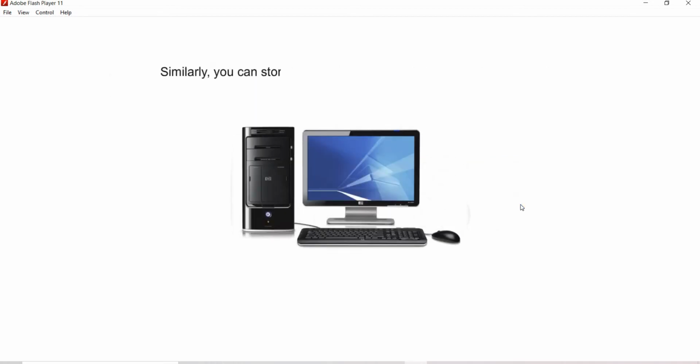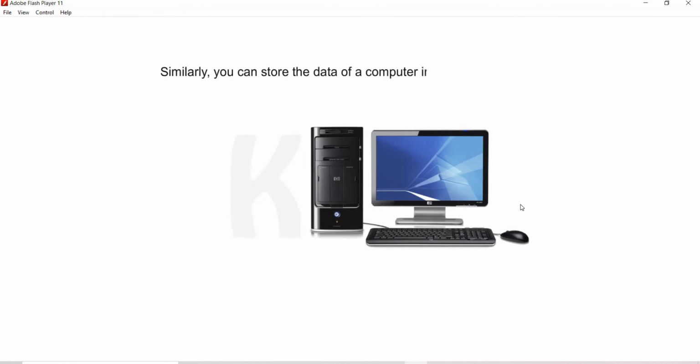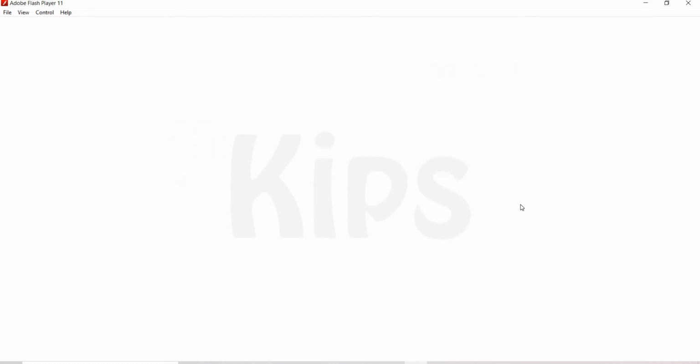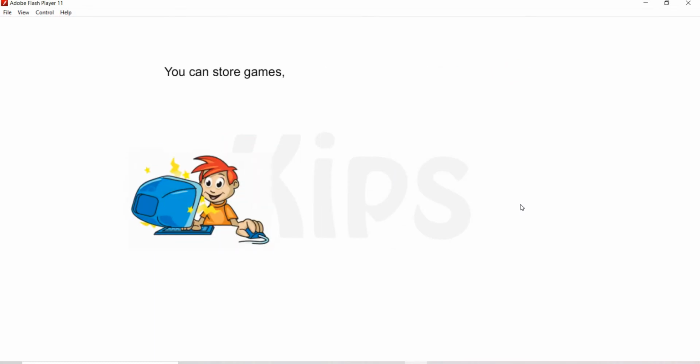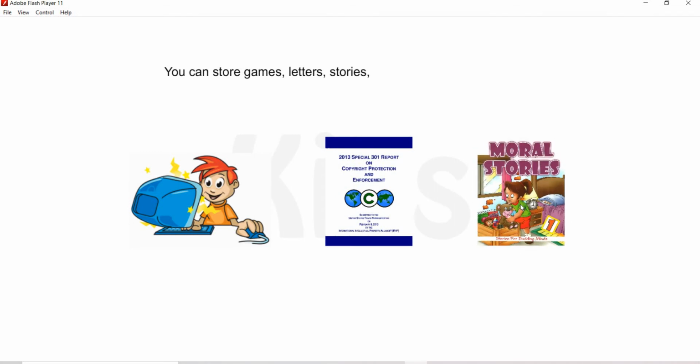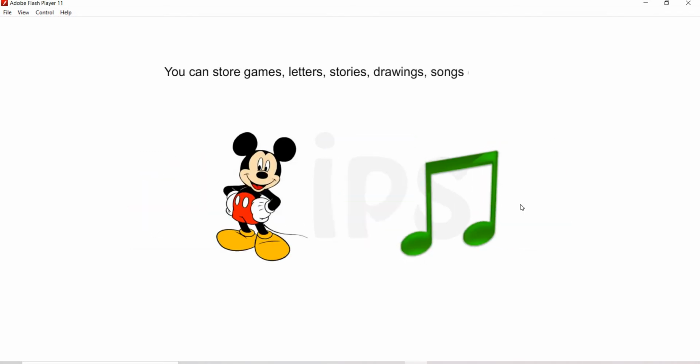Similarly, you can store the data of a computer in CDs or pen drives. You can store games, letters, stories, drawings, songs, etc. in them. You can use the stored data whenever you need it.